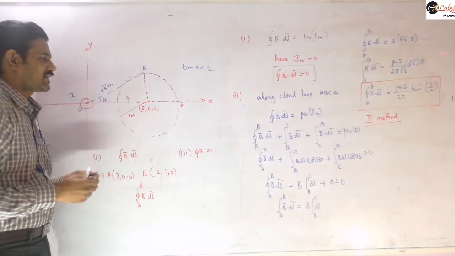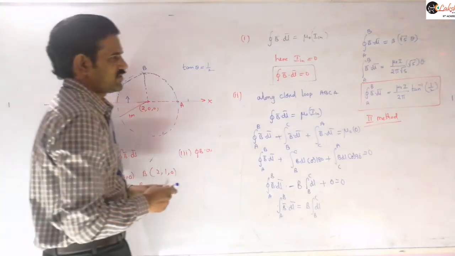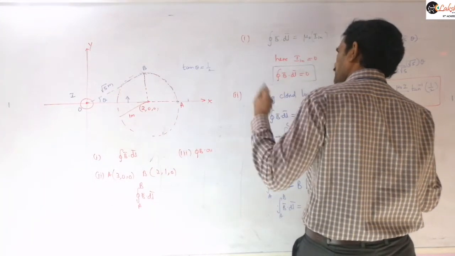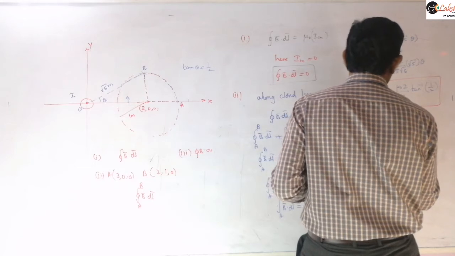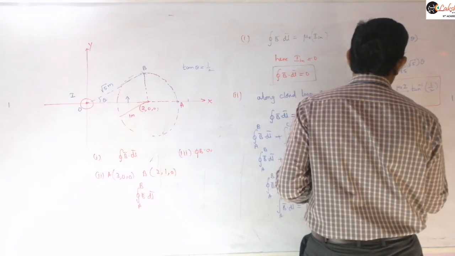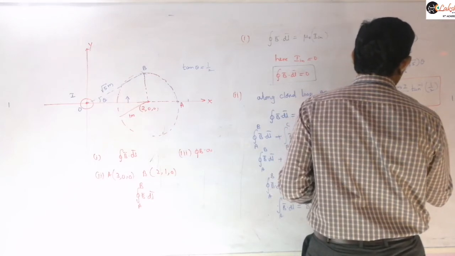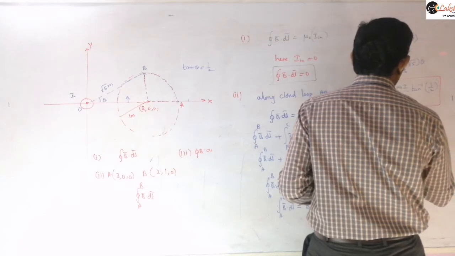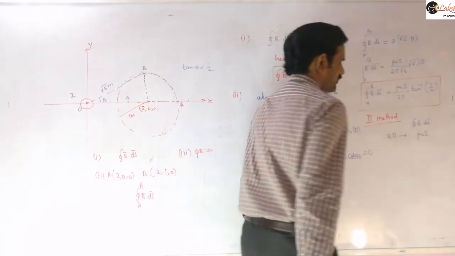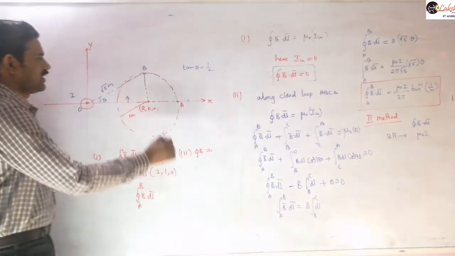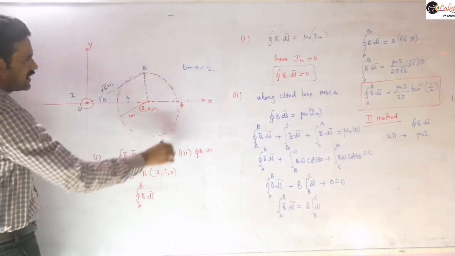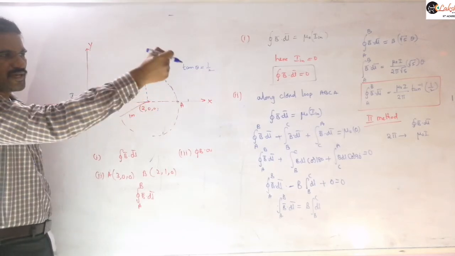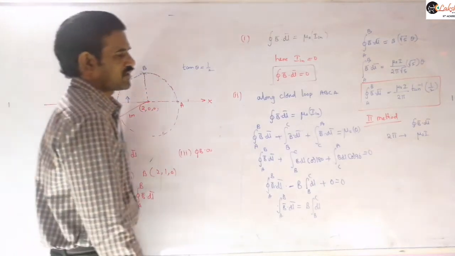So now that angle theta we can write as tan inverse of something. If you are taking the complete wire, that means a 2 pi angle, the integral of B bar dot dl bar is 2 pi mu naught into I for 2 pi angle. That means if you are taking this for a complete circle, subtending 2 pi angle, the value is mu naught I.